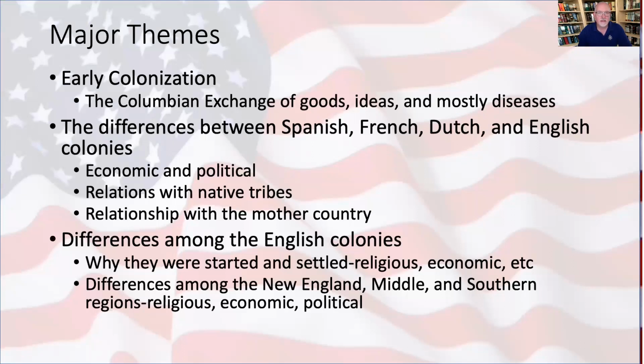So the very first topic that the text spends a great deal of time talking about is the Columbian Exchange, right? Once Columbus discovers, and I know a lot of people are like, well, how can you discover something that was already there? Well, it was new to the Europeans. And once Columbus is able to chart his voyages and bring back samples and discussions and lessons learned, as it were, from his voyages, we have what's known as the Columbian Exchange of goods, particularly plants, ideas, and of course, the inevitable discussion of the bringing of European diseases to the New World.